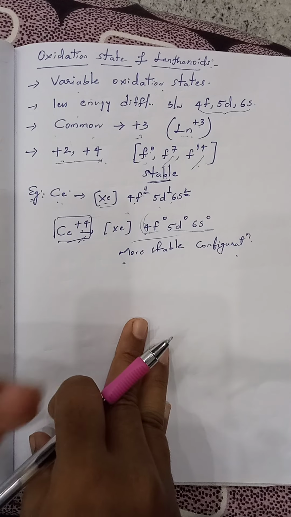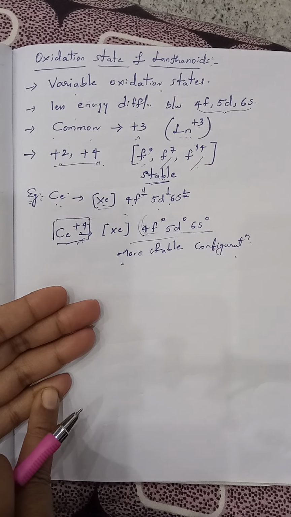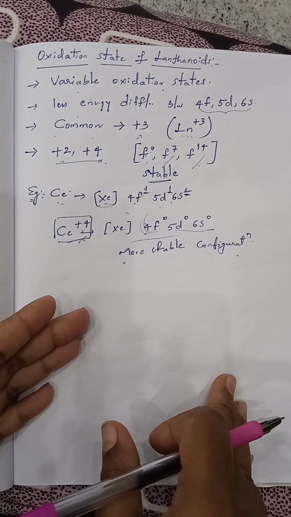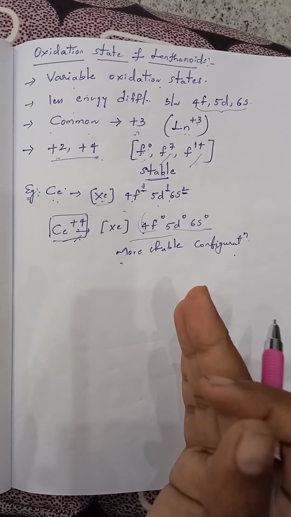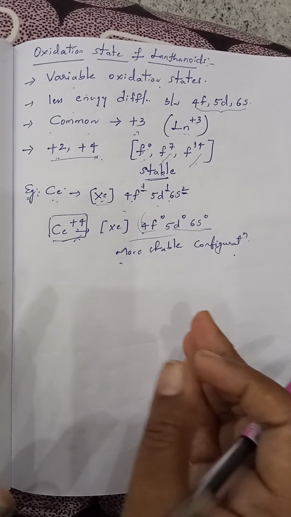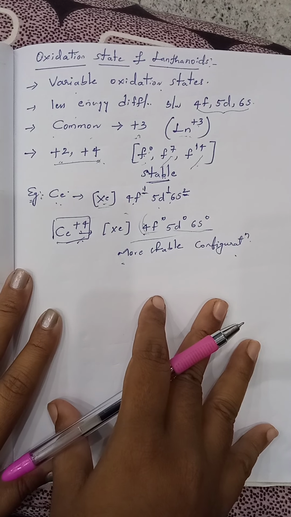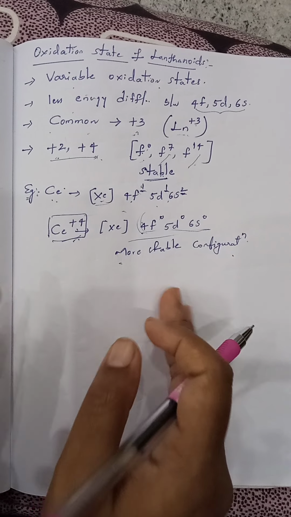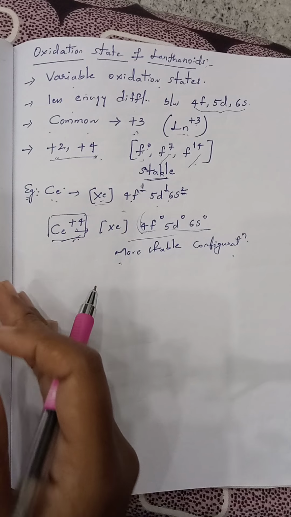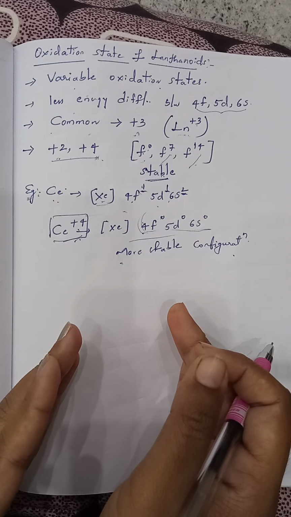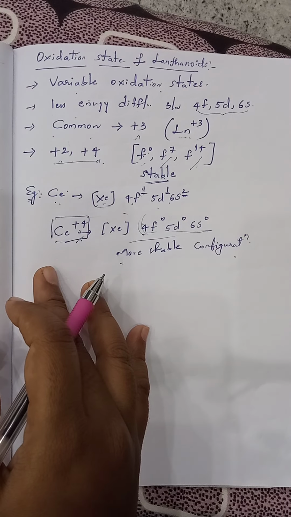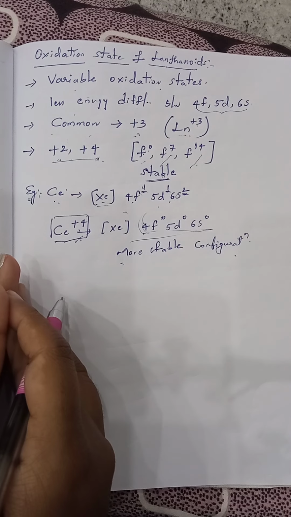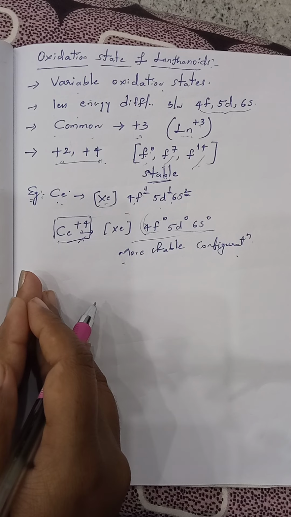Along with this, a few other properties are there, like magnetic property and metallic nature. All these are almost similar to transition elements. In your syllabus for this year, you have only these topics related to D and F block elements. With this, the chapter is completed. In D and F block elements, we have studied both D block elements and F block elements. In that, lanthanide contraction and its consequences are more important for the exam. With this, the chapter is completed. Okay, thank you.